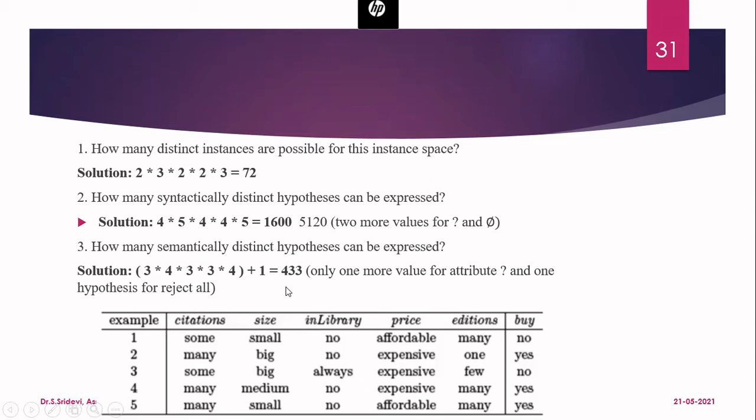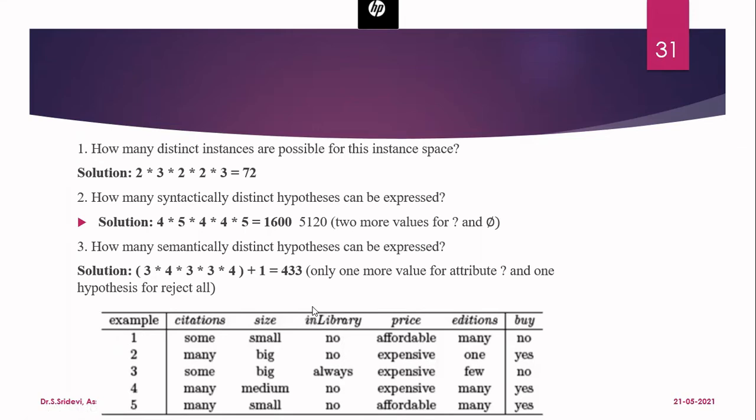So we have so many hypotheses that can be formed, but our algorithm is going to find the best hypothesis that fits the training examples given to us. Out of 433 hypotheses, we are not going to find all 433. When you see the answer, you will understand that we find only a small number of hypotheses. The reason is that whatever hypothesis you find will fit all the training examples given to you. We have only 5 examples, and the hypothesis I find will fit all these 5 examples.